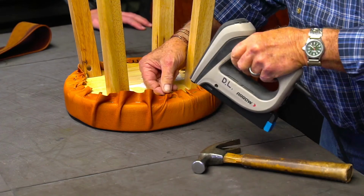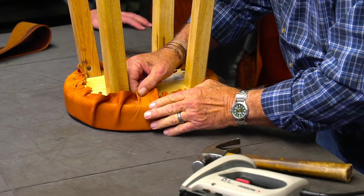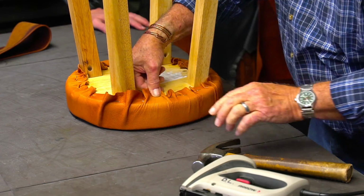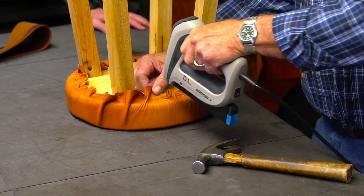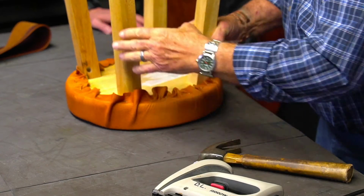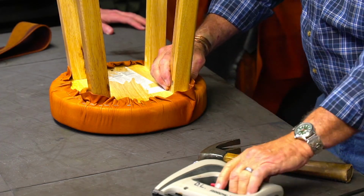One of my mentors told me, use that project as practice for the next one. You do that, you want to get better. A lot of people say practice on a piece of scrap, and that's great. But another way to look at it, if you practice on an actual project, you take a lot more care than you do when